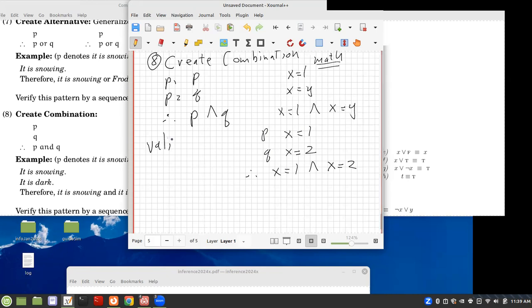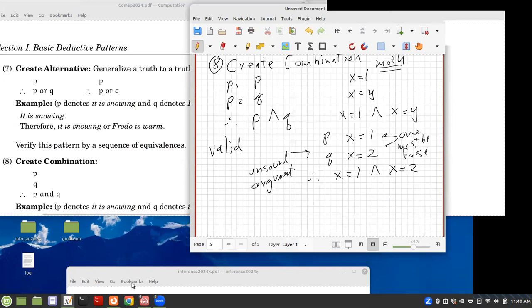This is a valid pattern, but this is an unsound argument because one of these is false. So it's an example of an unsound argument. Well, that shows